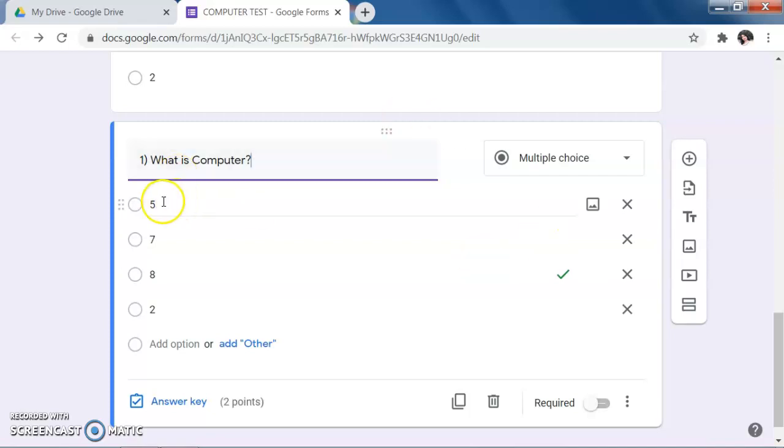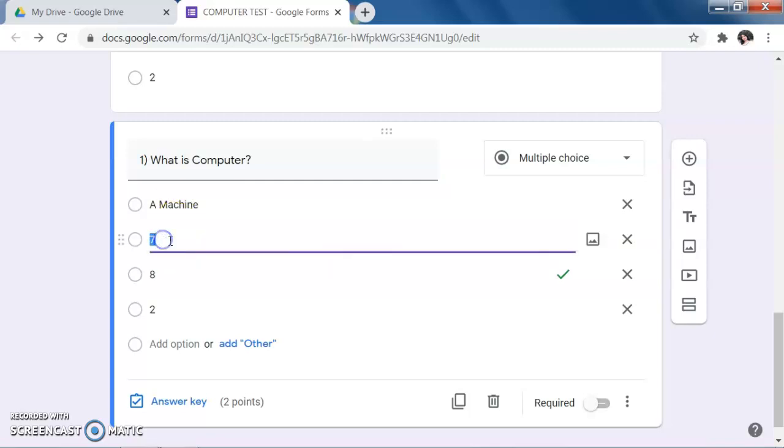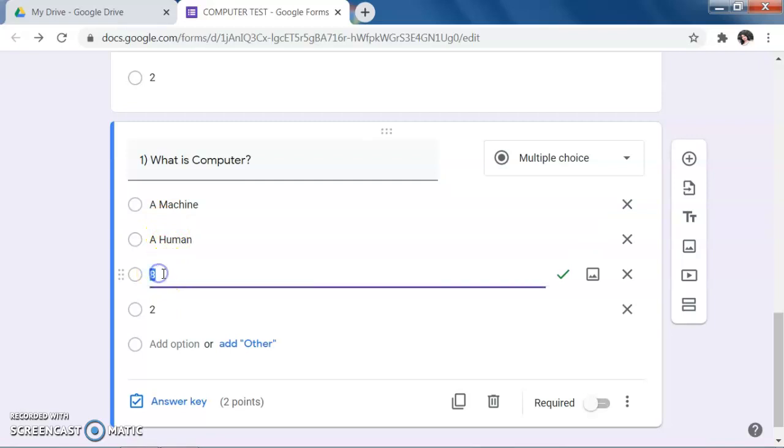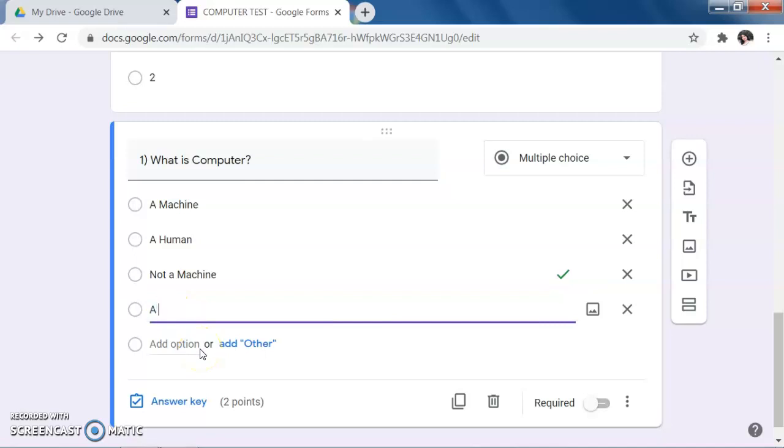So suppose the first option is a machine. The second option is a human. The third option is not a machine, and the fourth option is suppose a robot. So 4 options are there.